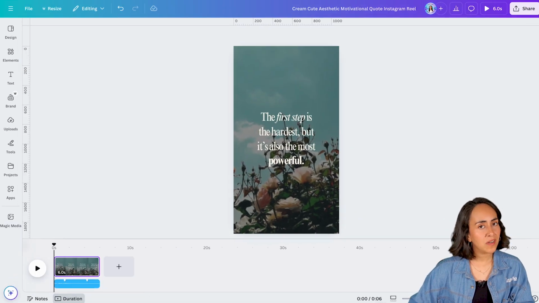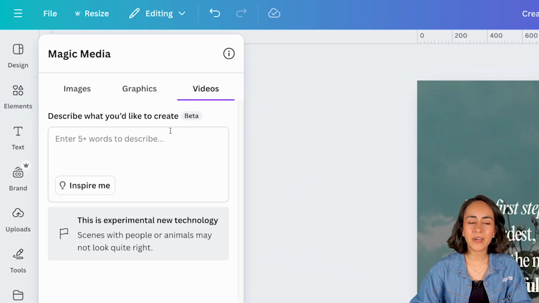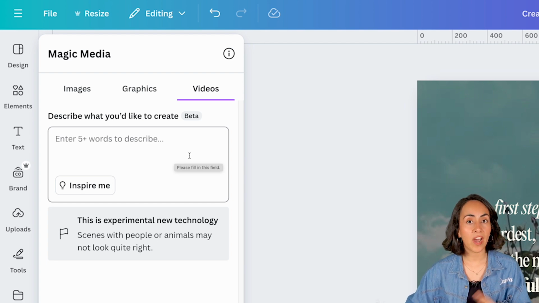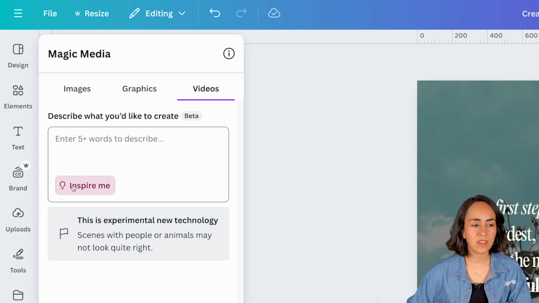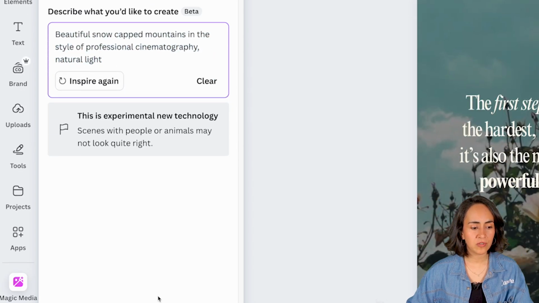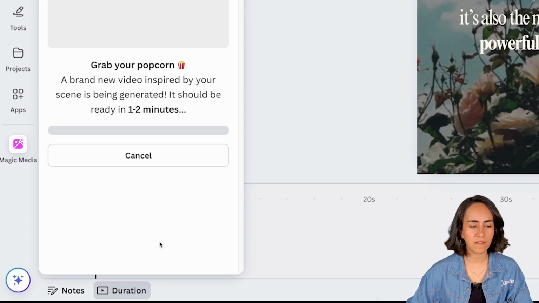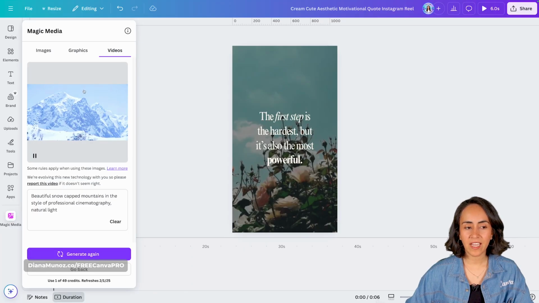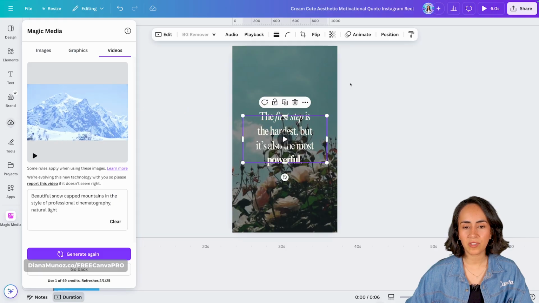Now, if you are just trying this tool out and you are not quite sure on what to write in here or how to write a prompt, you can click on this button. I have an interesting prompt now. I'm gonna use this one, so I'm gonna click on generate video and wait a couple of minutes for the video to be generated. My video is ready and I just need to click on the video to bring it